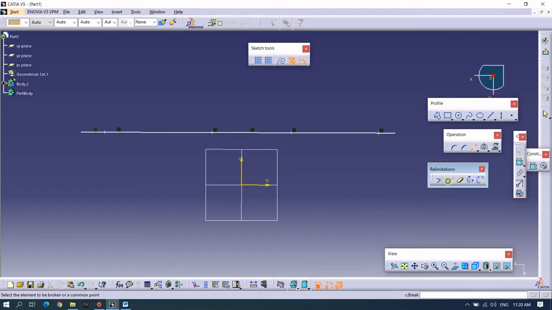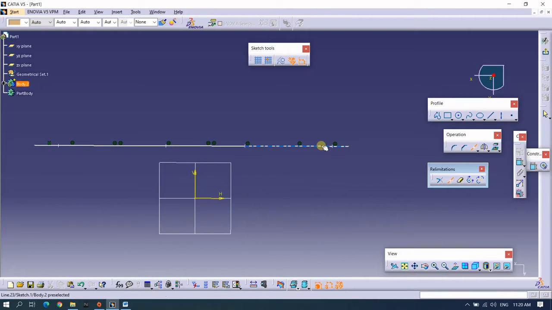Now again I will select the break operation, again the horizontal line and the second point. Yes, you can see again it has got divided. Now it has a total of three parts. If you want to repeat this tool again and again, you have to double click on the tool. Now it has got activated for you, and now you can select the horizontal line and the point. Yes, you can see it has got divided.